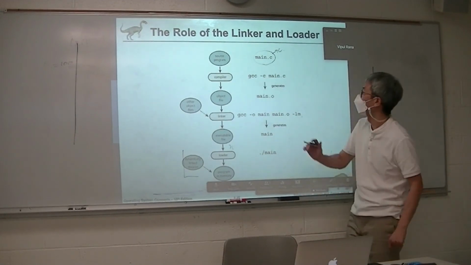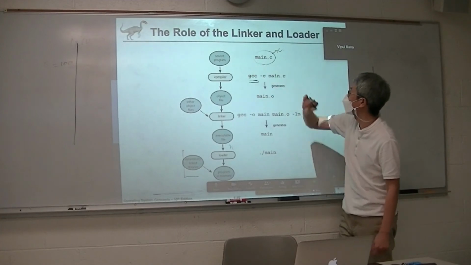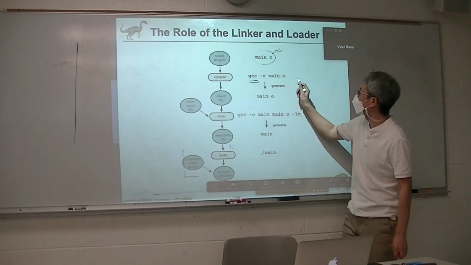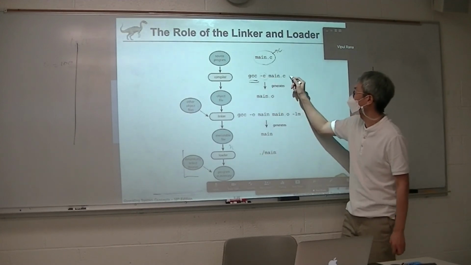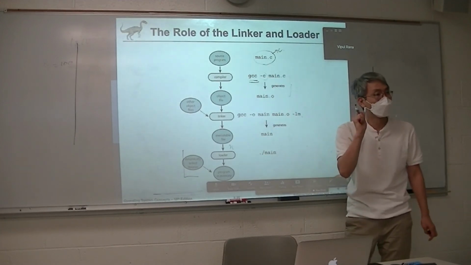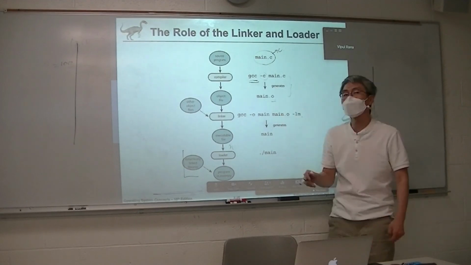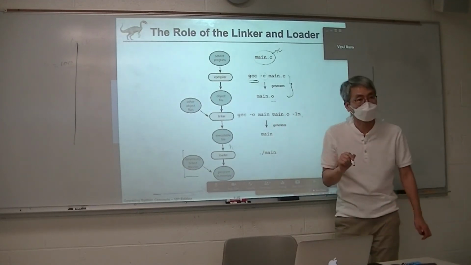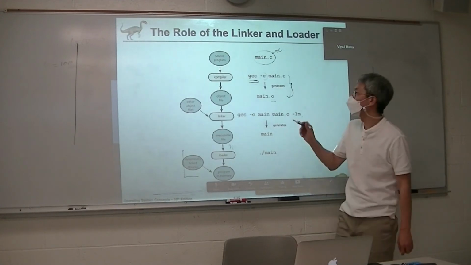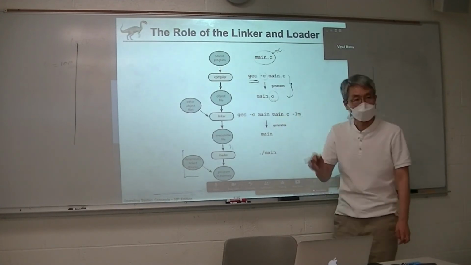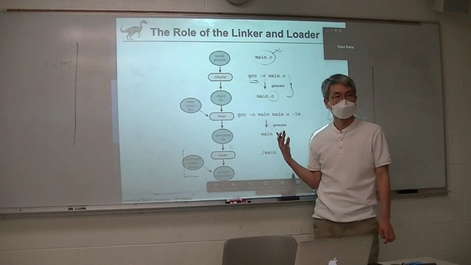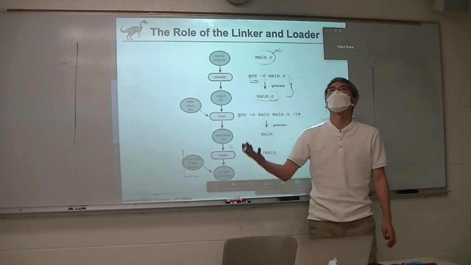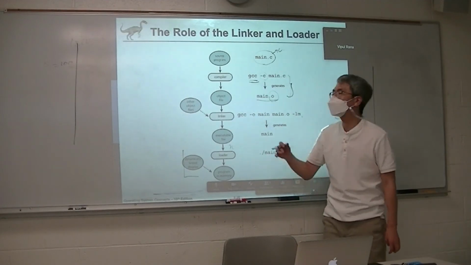It's a text file. Then you can compile. For example, we can use the GCC. So gcc -c main.c, the -c option creates what? An object file. The object file is not an executable file, but it is translated, compiled into machine language instructions. This one cannot be executed, even though it is the translated, compiled object file.